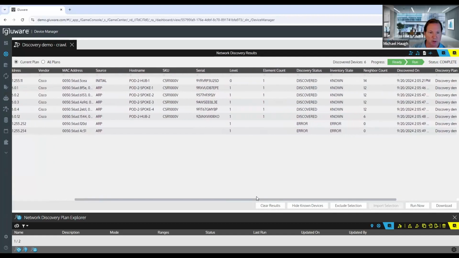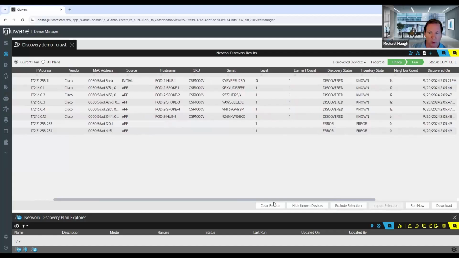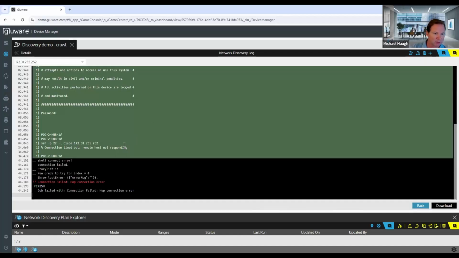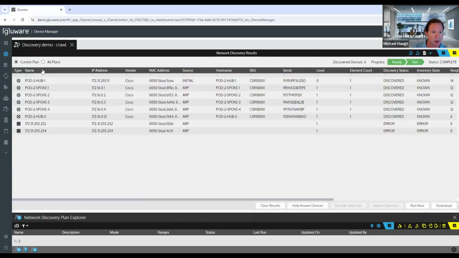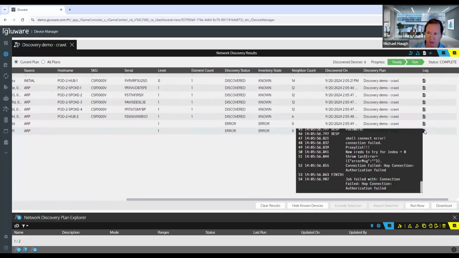Usually when you have errors, they're going to be related to either a non-supported operating system that Gluware doesn't have the ability to discover, or a credential error. To determine that, you can double click into the log, and the log gives you a lot of information here. So in this case, the remote host is not responding. So we could look at this and determine it might be something I want to look into in terms of my network and my results. This next one here, if I look into and I double click on it,